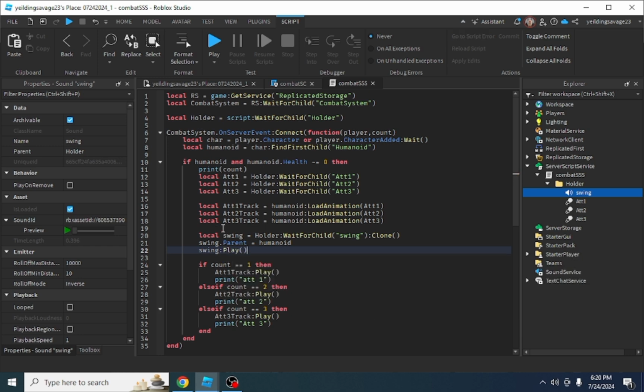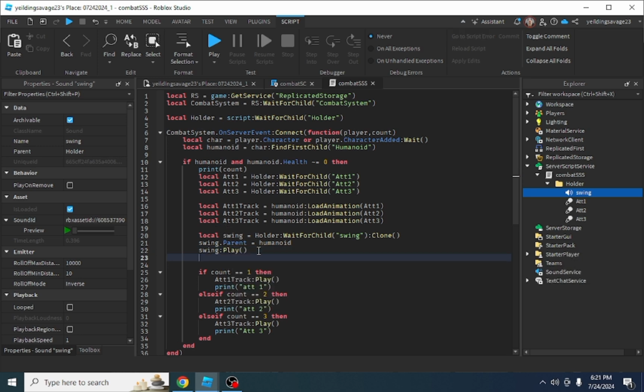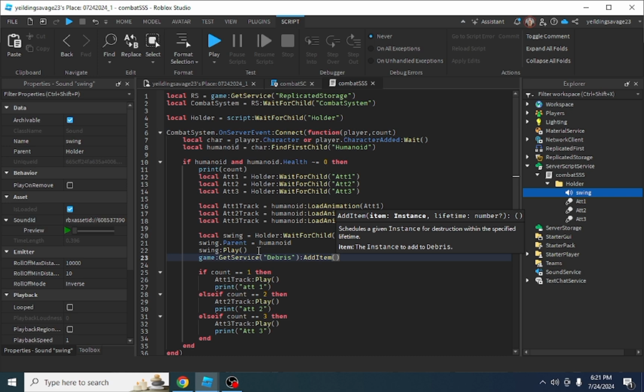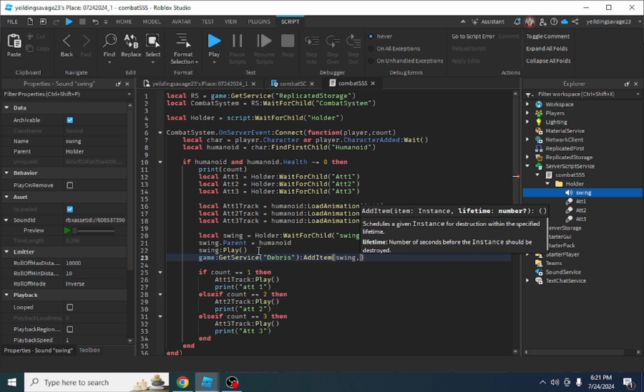Then play. My typing is awful. Then game, get service, debris. So the debris is going to destroy this item. Okay, swing